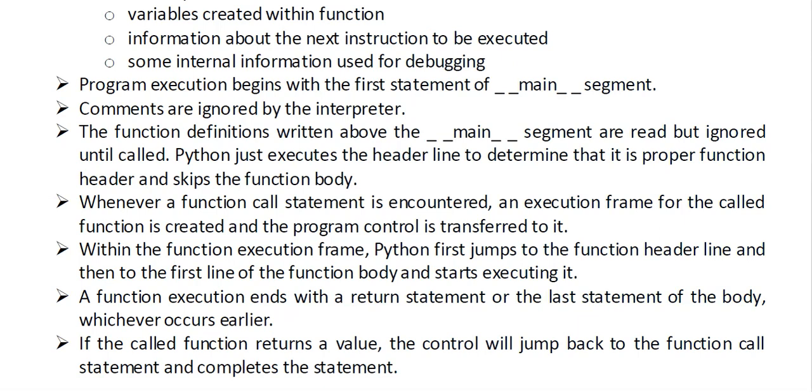When a function call is encountered, when you call that function, the execution frame for the called function is created, a separate memory space is created, and your program control, that means your interpreter, jumps from this particular memory space to that space where that function will be executed. Suppose you are studying in a room, your mom calls you for dinner, you go from your study room to the dining room. Similarly, when Python is executing a program and you call a function, Python control will jump from that particular memory to the next memory created for executing that function. Can you relate to it? I think you can.